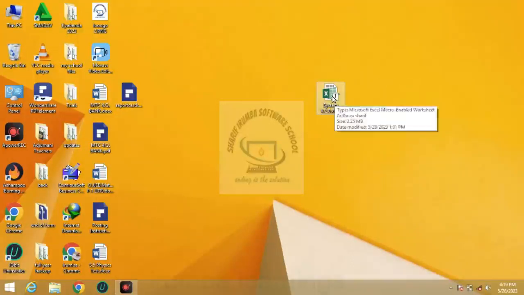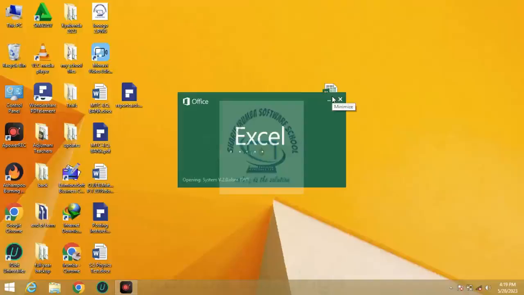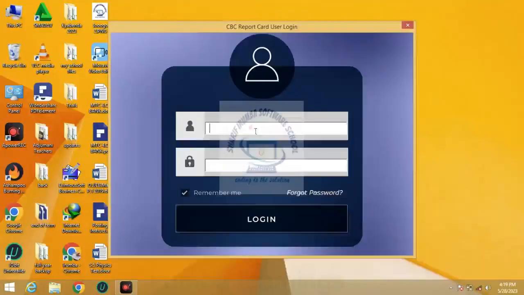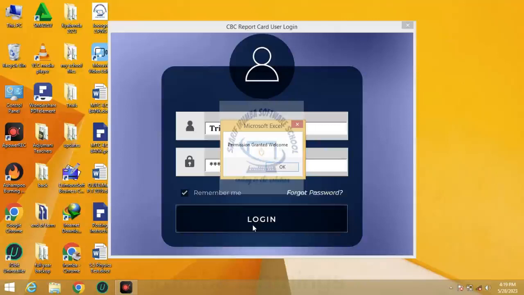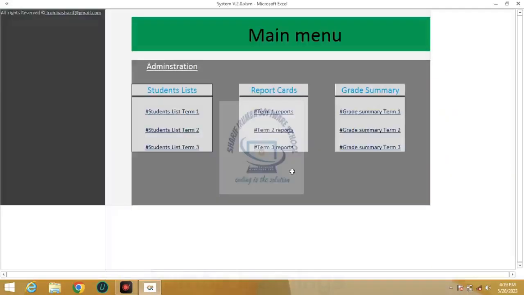You open, double click, the system is going to open. It will bring the user login. For the trial version, the username is trial and the password is 1234. So you click login and the system will open. You click OK. Then it will open the main menu, and on the main menu we have the administration page,